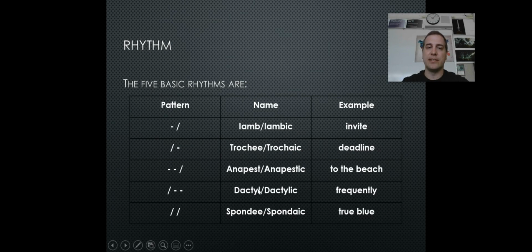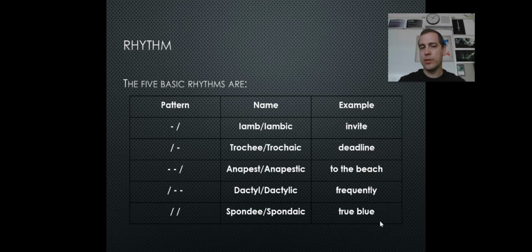Stressed, unstressed is what's called a dactyl, frequently. Or two stressed syllables in a word together are what's called a spondee, true blue, right? Both those words are stressed. Now, once again, am I going to be testing you on this? I am not. But as somebody who is taking poetry seriously, you want to know that these things exist,